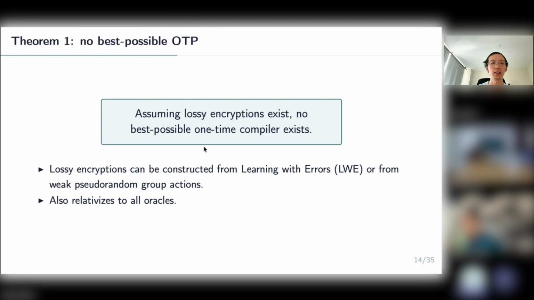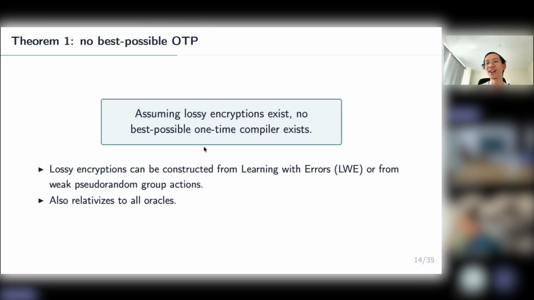A small doubt. When you say generic, like there are no generic best possible one-time compiler, what does it mean? Is it like you're trying to give one for every family of functions? So by generic, I mean that there is one single compiler that achieves best possible security, just like I/O. Like I/O, there is a single construction of I/O. Well, maybe there are different padding lengths, but it's a single construction that achieves the best possible obfuscation in the classical case. And here, this is the same thing that we are trying to match.